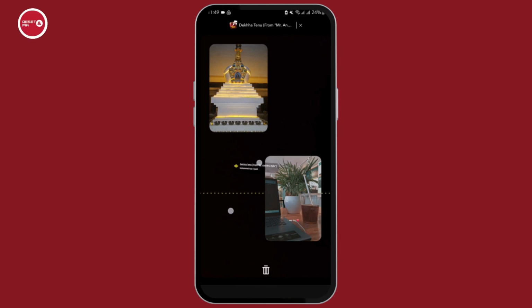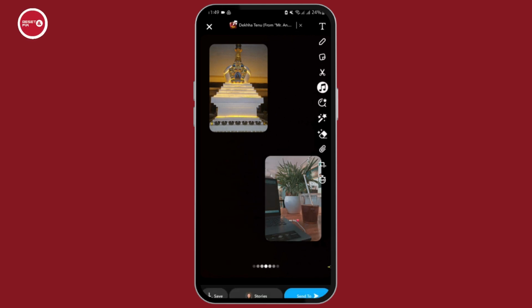Once done, you can also hide it here. Even if you hide it, the music will still be playing. Once you're satisfied, tap on the save icon. And just like so, this is how you can create or make videos and pictures with